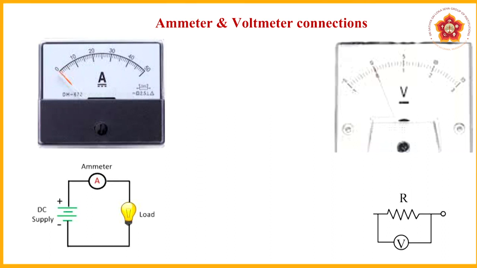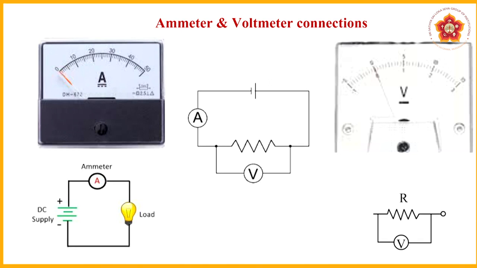So, therefore, the ammeter should always be connected in series, and the voltmeter should always be connected in parallel, because the voltmeter measures the voltage across the 2 points of the resistor. Now, in series circuits, the voltage across every resistor changes, but in parallel the voltage will remain constant. So, that is the reason we put the ammeter in series and the voltmeter in parallel. By chance, if we exchange their positions, we get a wrong reading of the current and a wrong reading of the voltage. So, the ammeter should always be connected in series, the voltmeter should always be connected in parallel.